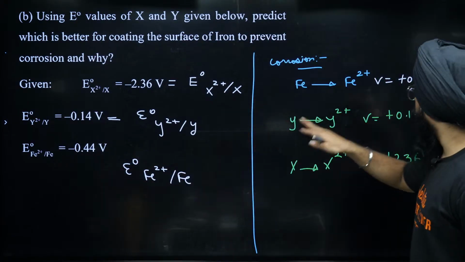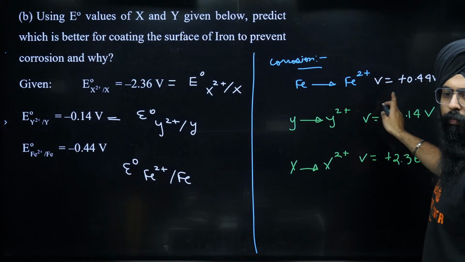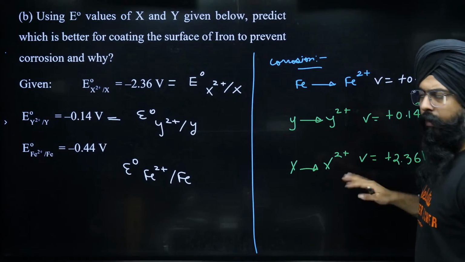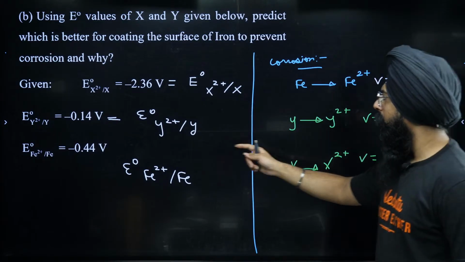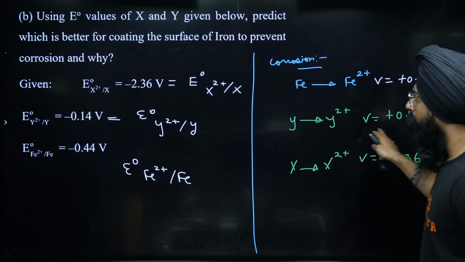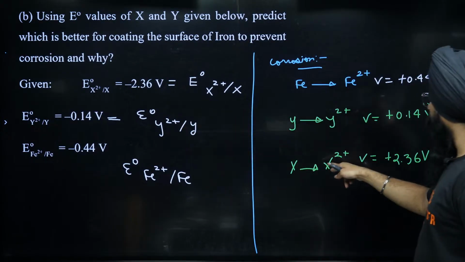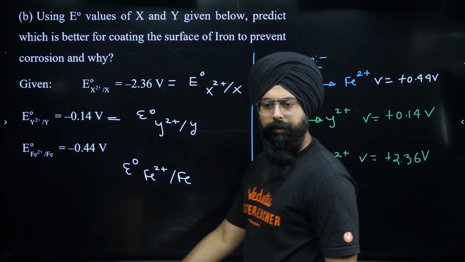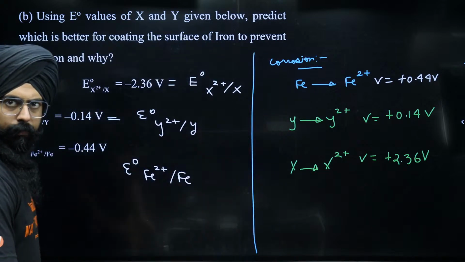So, what happens to the voltage when iron gets oxidized? It becomes plus 0.44 volts. Similarly, when Y gets oxidized, reduction potential is this much, so oxidation voltage will be 0.14. Reduction is minus 2.36, so oxidation is plus 2.36. Now, people,